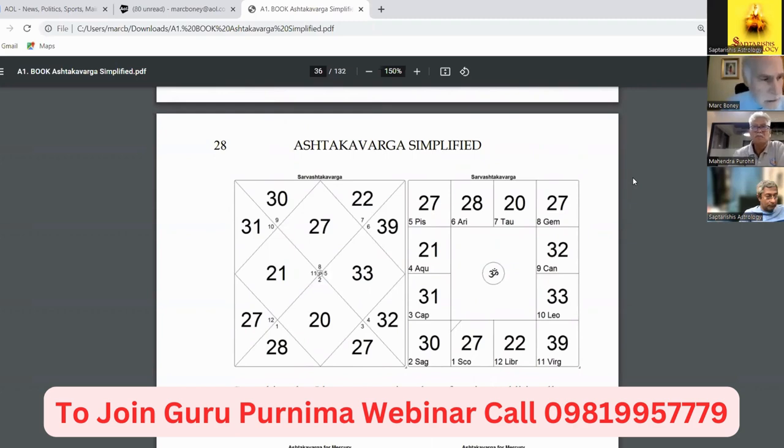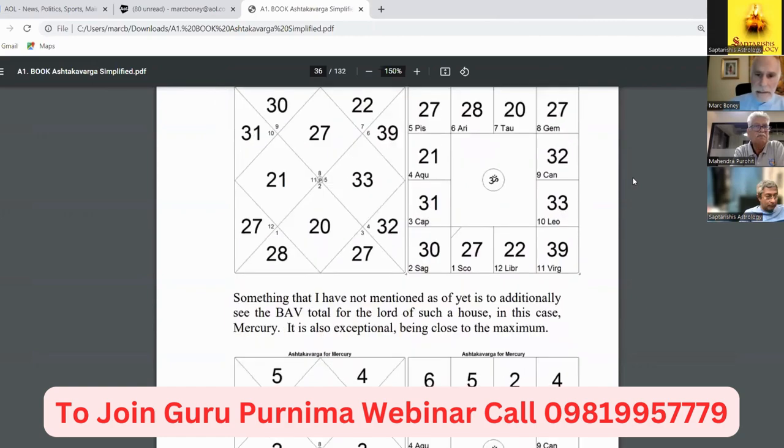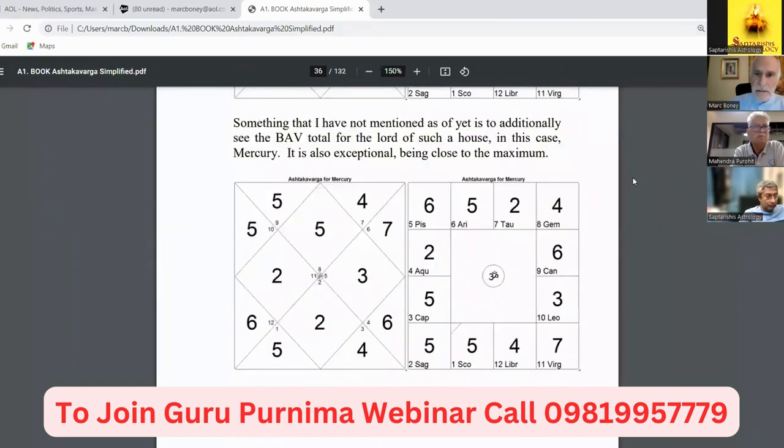Now, one thing I'm going to additionally introduce to the mix here is that I told you that for each sign, each house, there's a ruling planet, and of course, that planet's going to have an individual point total for that particular sign. And in the case of Ted Turner, you can see here is that his Virgo segment, ruled by Mercury, has 7 out of 8